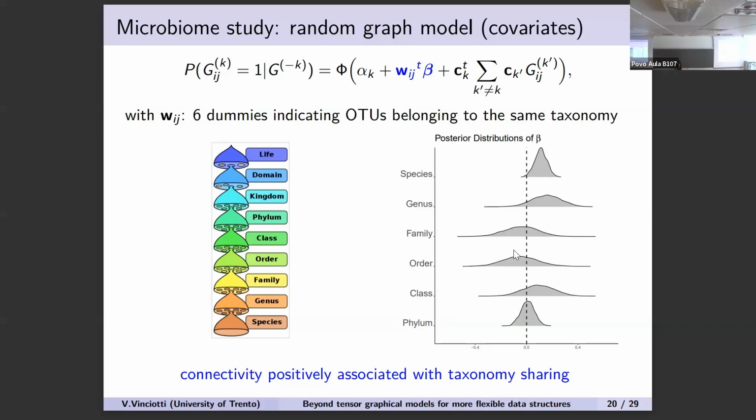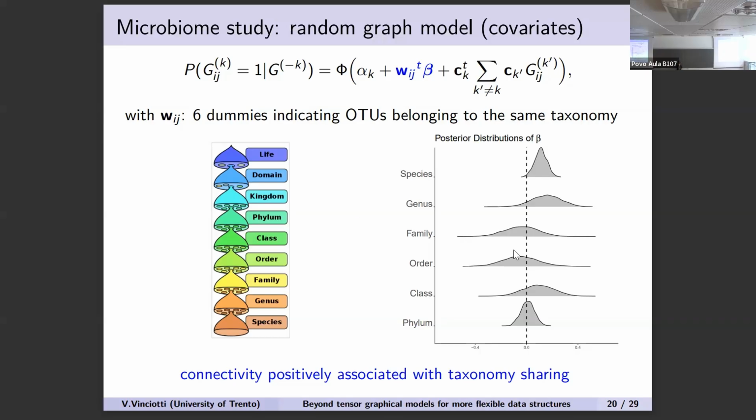here you see the betas. So on the right-hand side, you see the actual inference. It's Bayesian, so you see the posterior, but if you just concentrate on the median, the mode of this distribution, you can see that for some of them, at least, it's positive. So indeed, the data also seems to suggest that if microbes belong to the same taxonomy, they are more likely